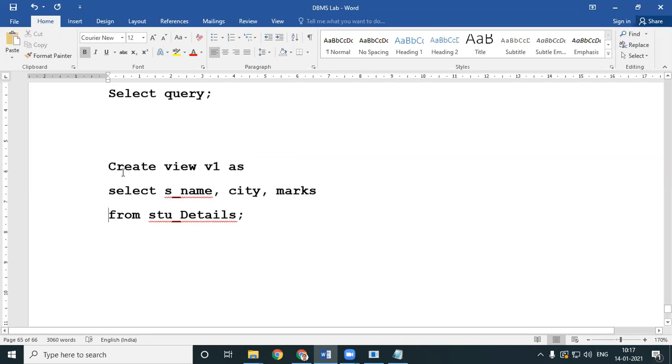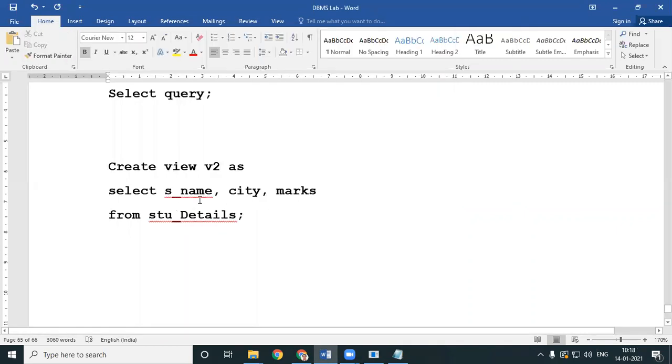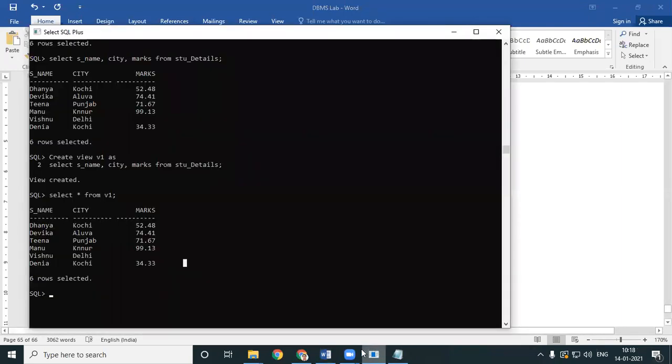Now look here, create view one. I have a view one. You can even write create or replace. I'll do a different view so that we have all those copies. Now look here, you can do all the modifications over here. You can give a condition, like from student details where marks greater than 70. You can be selective.